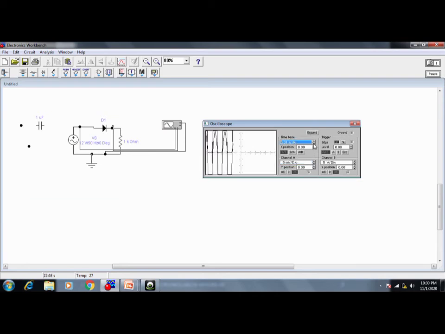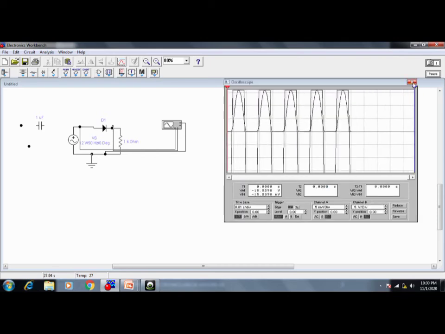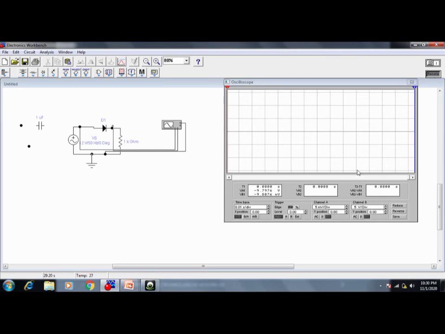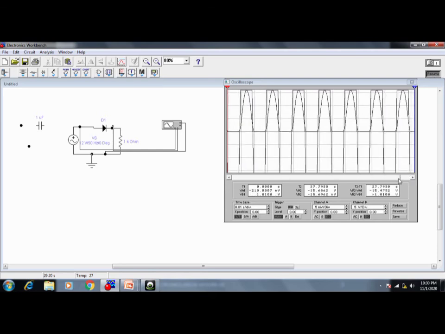So here you can see both at a time. Let us pause it and just drag this. Okay, a little bit I want to decrease the amplitude. Okay, and this is the output of the rectifier and this is the input.